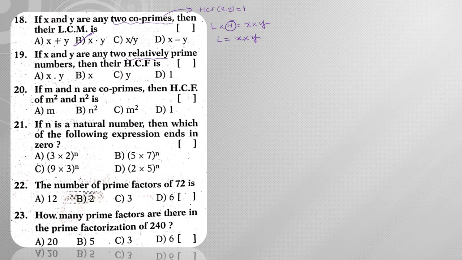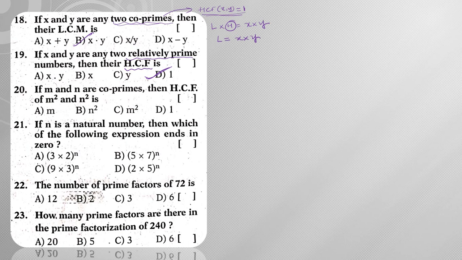Next, relatively primes. So relatively primes are co-primes, so both meanings are the same, right? So clearly he is asking you to find out the HCF. So already we have discussed HCF will be nothing but equal to 1, hence the answer will be option D. Next, if m and n are co-primes, then